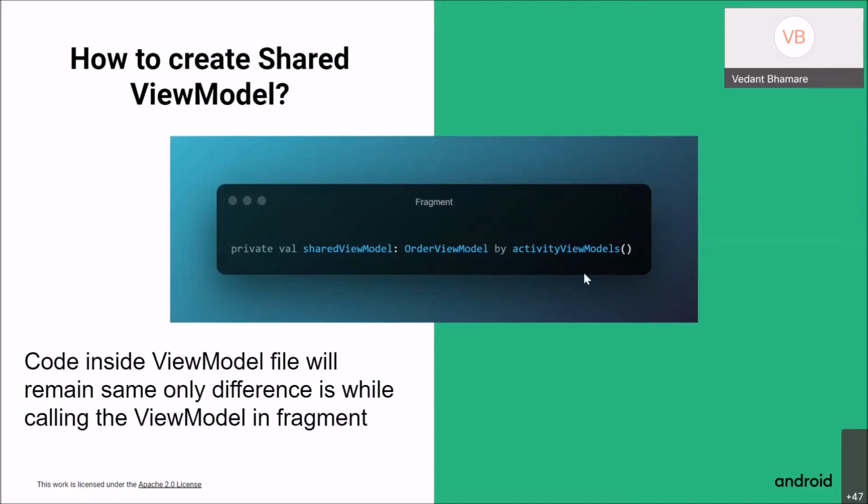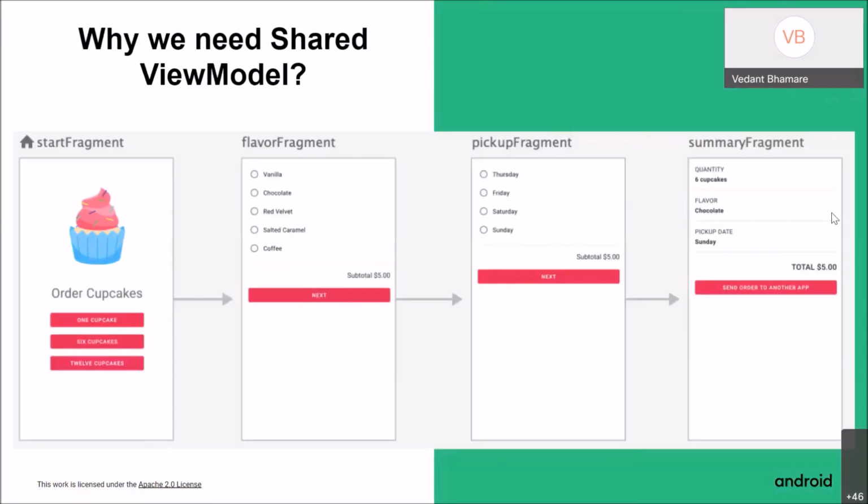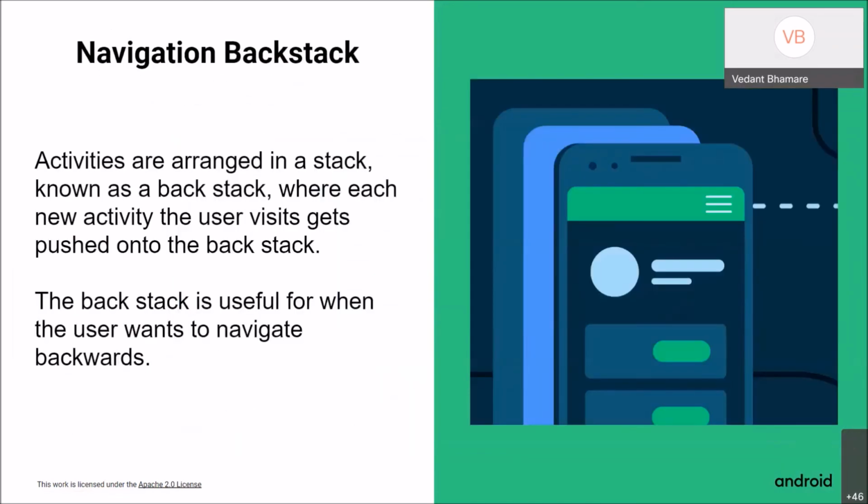By defining the activity view models, you are defining the view model for the activity, which covers all the fragments that are in the activity. So the view model is applied on all fragments. That is why whenever you change the screen, you are changing fragments. All these screens are basically fragments, and so data would be stored whenever you change the screen, because you have applied the view model to the activity and not to the specific fragments or each screen. That is how shared view model works.